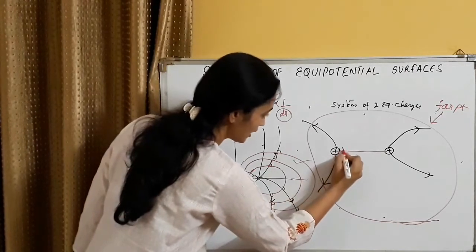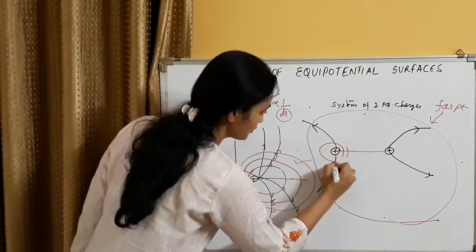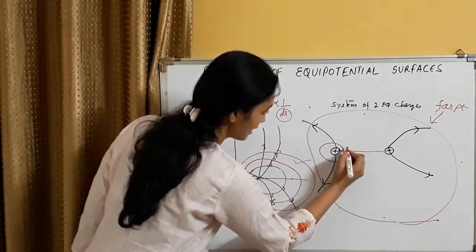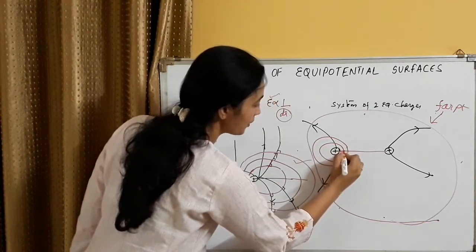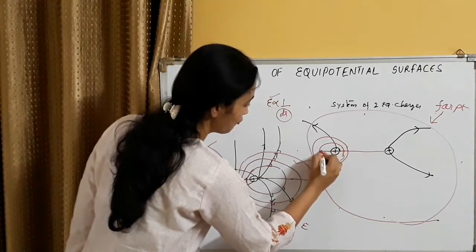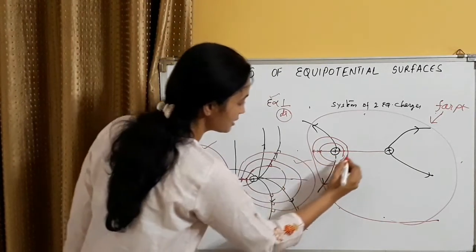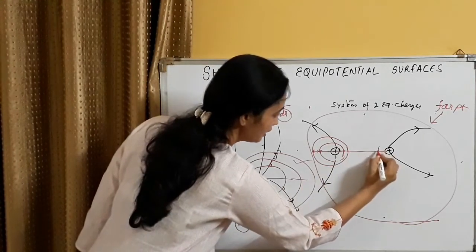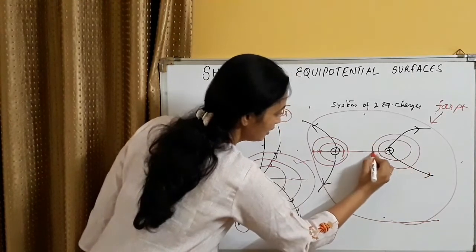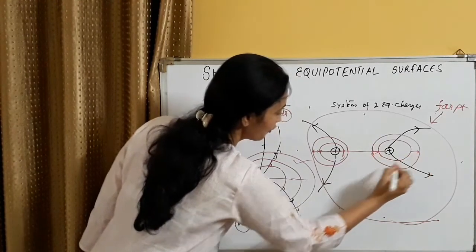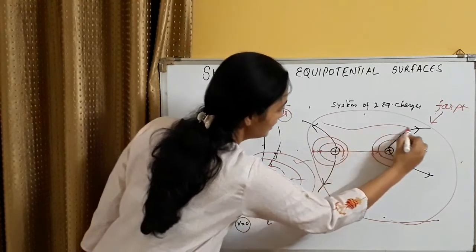But as you come closer, again we apply the same concept. Here the distance between the equipotential surfaces will be small on this side, the field being strong at the closer points, and at the far off points the field is weak, so the distance between the equipotential surfaces increases. Similarly, here you have these equipotential surfaces like this. Here the distance is small, the distance increases, and somewhere here you can have a slight depression of this nature.